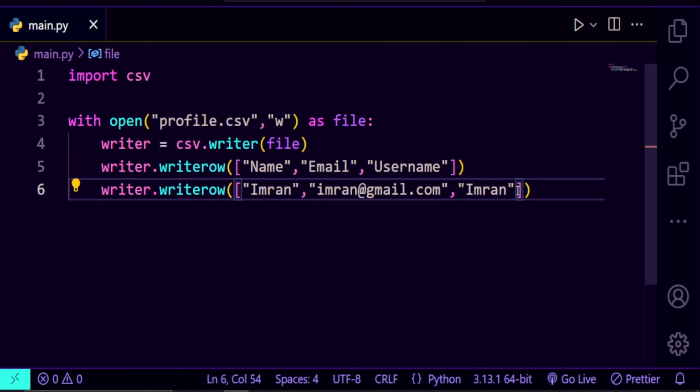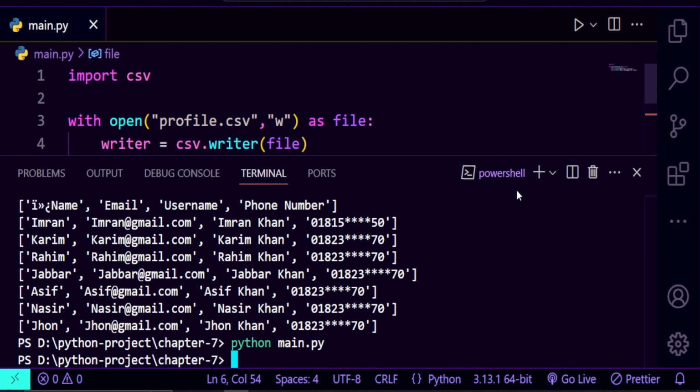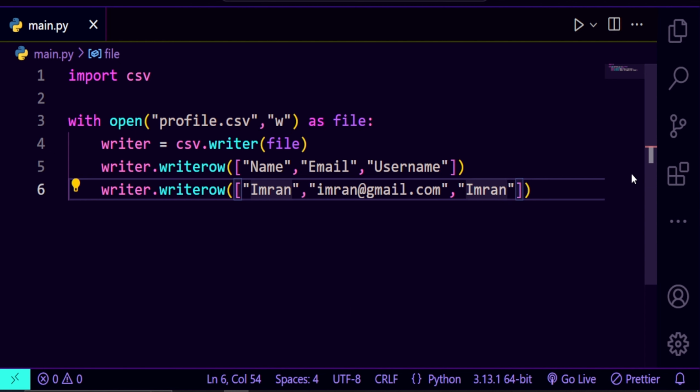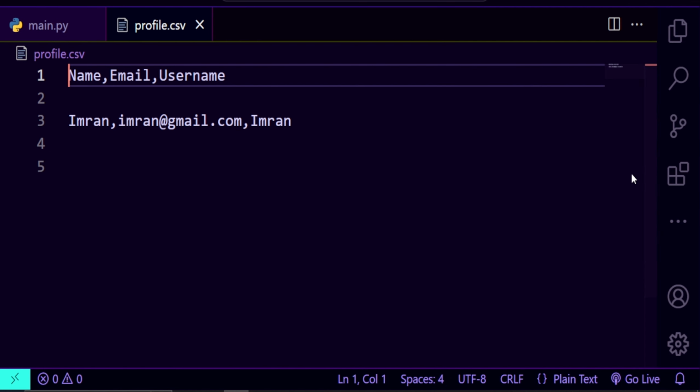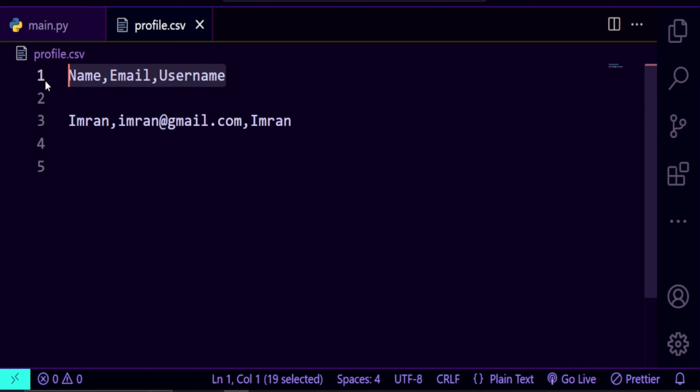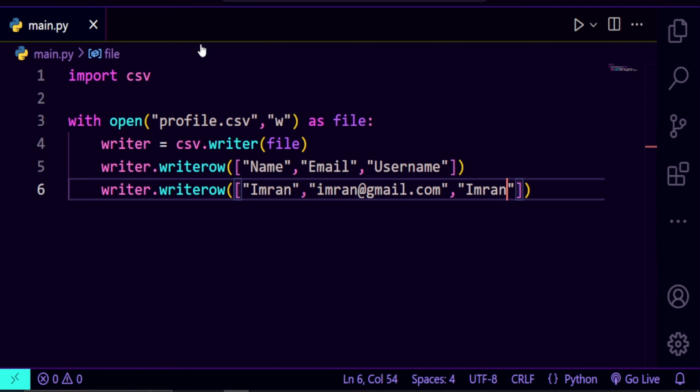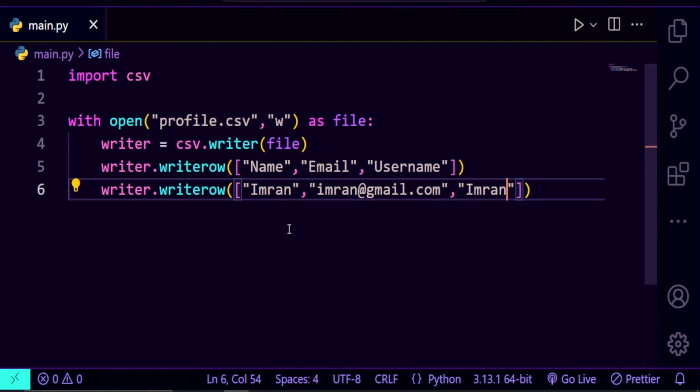As simple as that. Now I simply run it. If we check the csv file, can you guess anything? Yes, it's giving this first row and there is the second row. Now we can successfully read and write the csv file. Let's talk about the